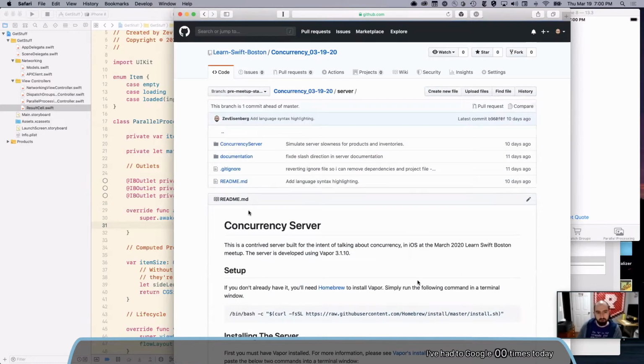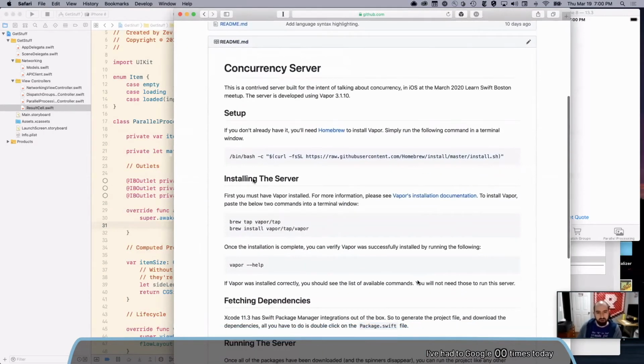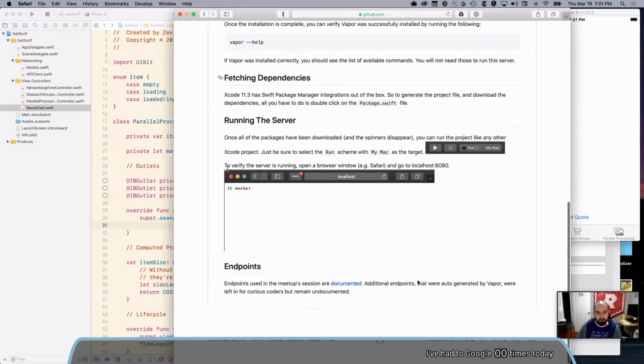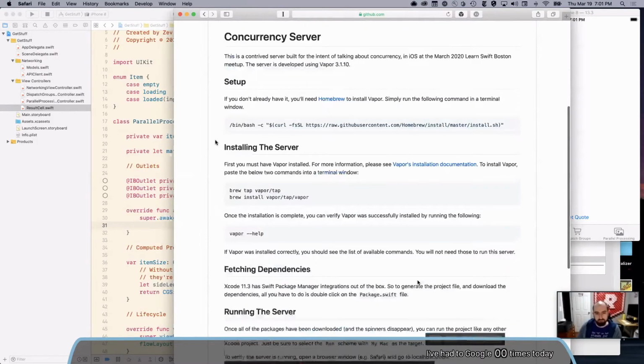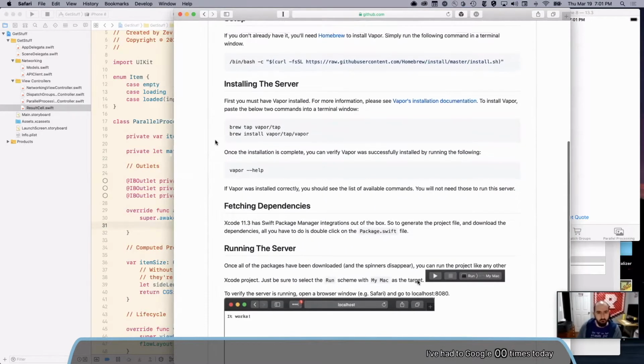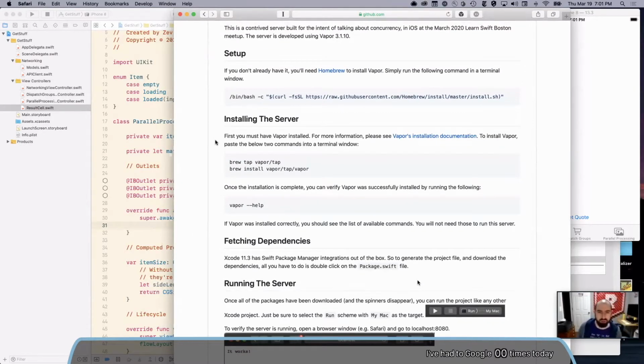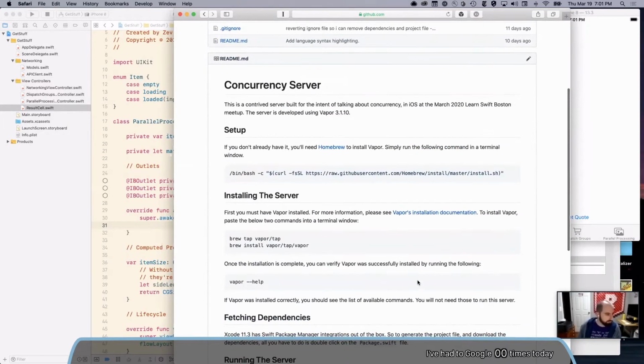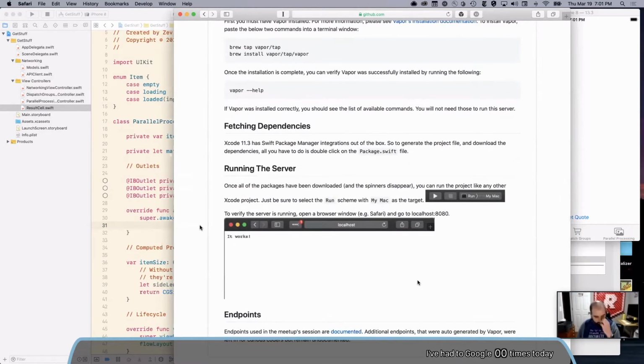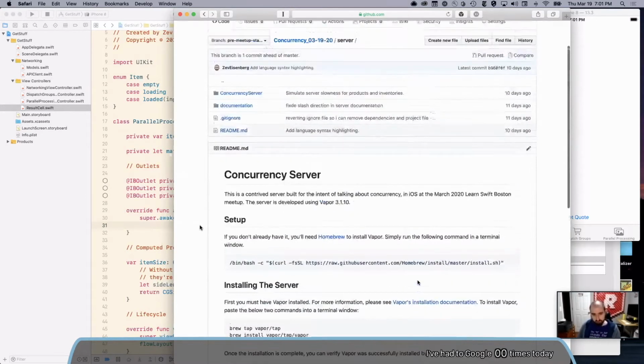So if we go into the server folder and go into the main README, it gives some steps for setting up the server, which we can run through if we want. I've already done it on my computer, so it would basically take 0 seconds. It'll take a little longer on your machine. So yeah, I don't think we need to set it up again, but if anyone has any questions about it, I am monitoring both Twitch chat and our Slack, so I can both ask questions to you, Zev, for the community, but also I can answer questions about the server as well. Cool. Yeah, so suffice to say you have the server installed.